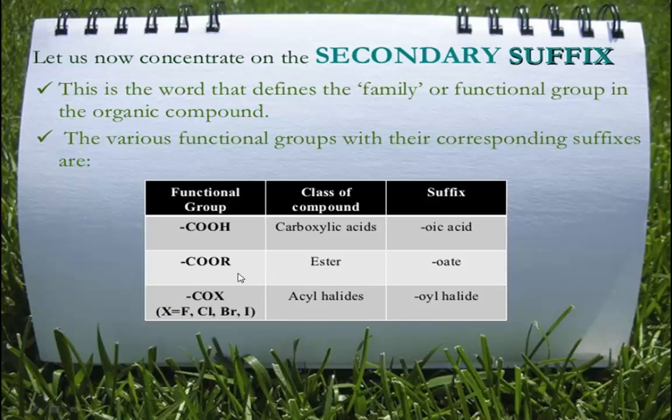Similarly, COOR means an ester group is present, then the name ends with oate. Similarly, for acyl halides, if an aldehyde group is present, the name ends with al. If a ketone is present in the organic compound, then the secondary suffix one is used. Similarly, some examples: